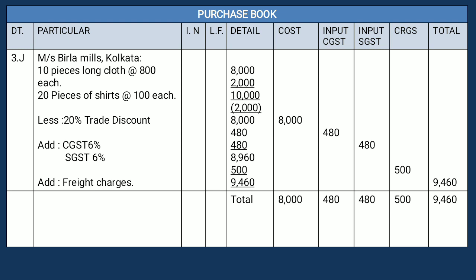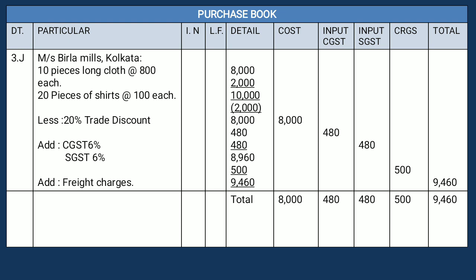So on the basis of that, total purchase price will be 8,960, but freight charges are given, that we have to add 500. So total purchase will be considered as 9,460. In the column of cost we have to record cost, in the column of input CGST and input SGST we have to write their amounts, and whatever charges, whatever freight charges, packaging charges we have paid, that we have to write separately after charging the GSTs. Okay, so total purchase will be 9,460. Cost price is given, input CGST, input SGST, charges, and total purchase cost.